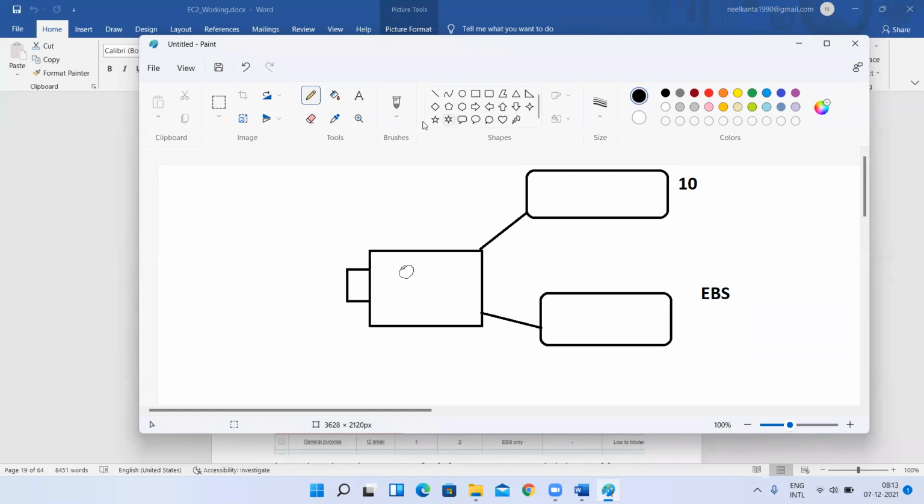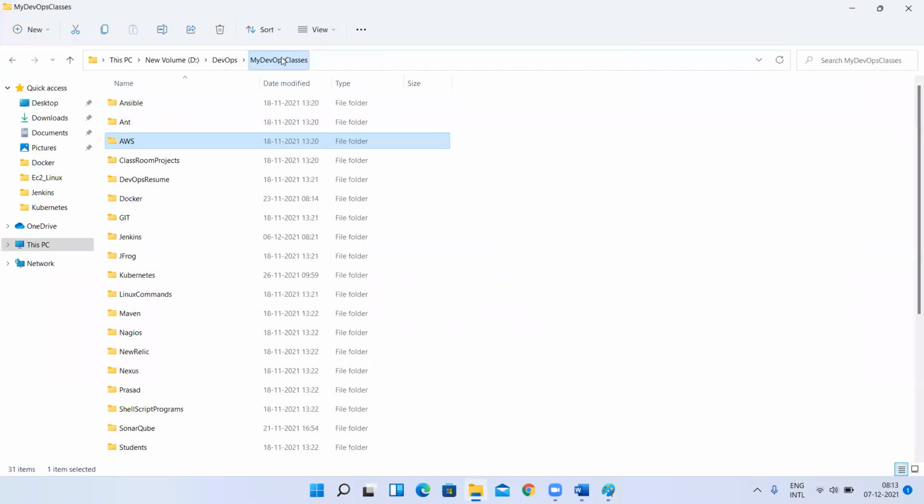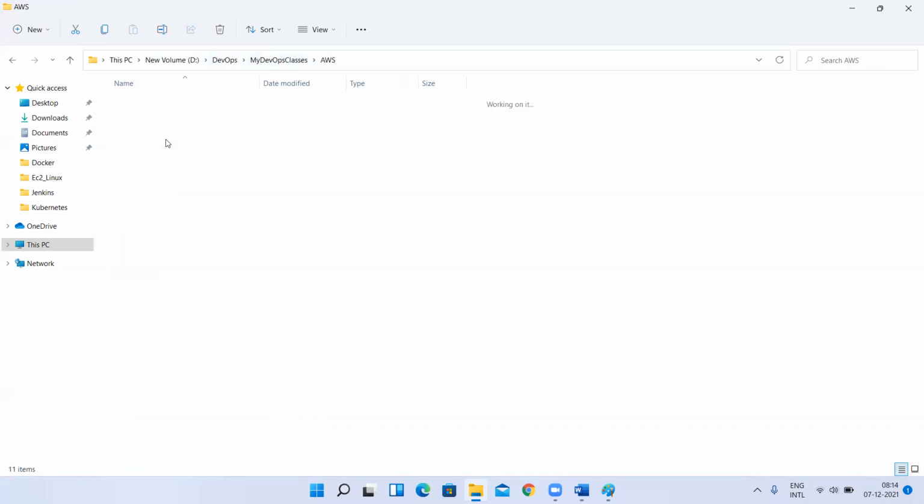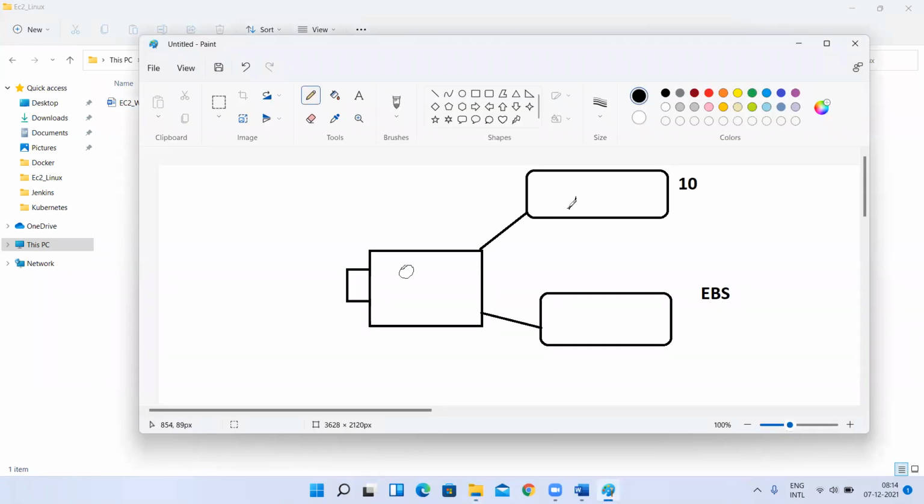In such cases, you have to decide one point here. Like one folder we have to take here. For example, here we have different folders, right? For example, I have a DevOps classes folder. Inside that, see this my PC, this D drive, into DevOps, then DevOps classes, then AWS, then EC2. Here I have some files like that, right? One folder you have to decide. In Linux, we are taking a Linux machine, Red Hat. There folders we call directories. One folder you have to take.